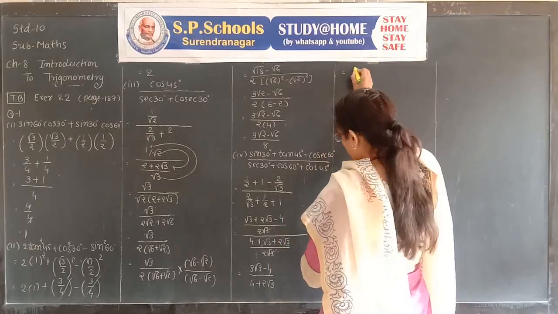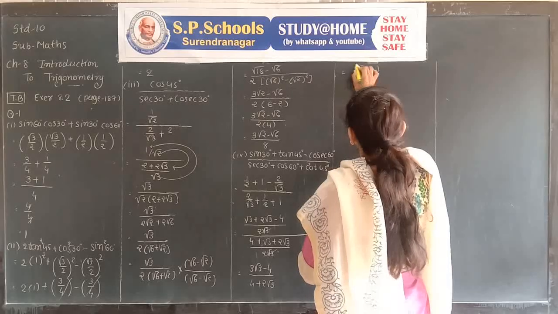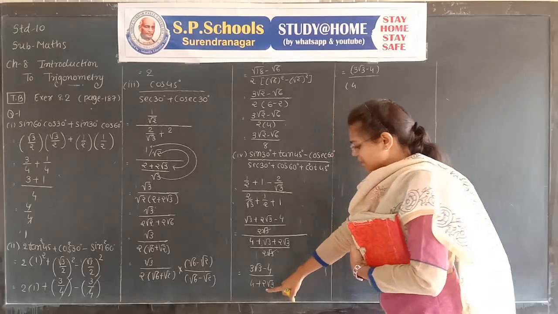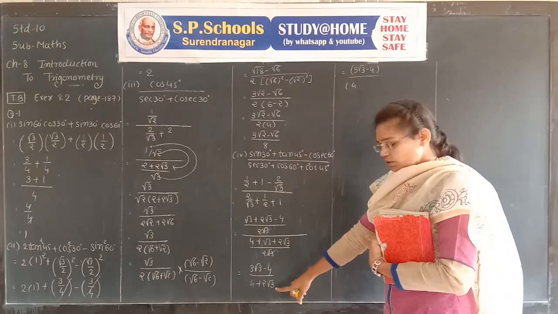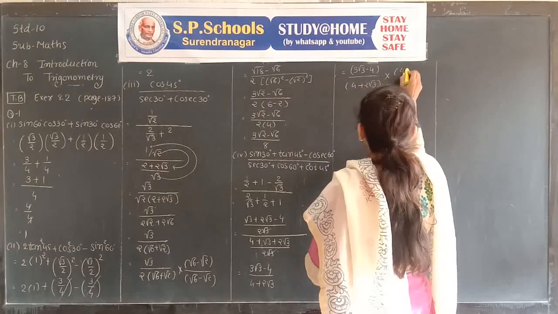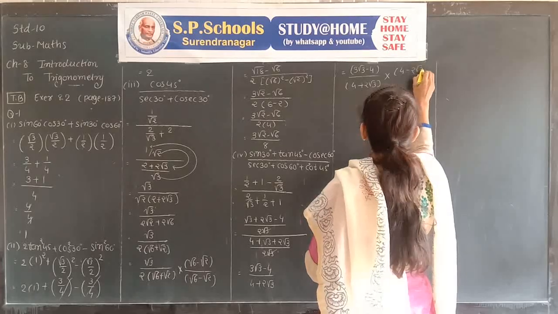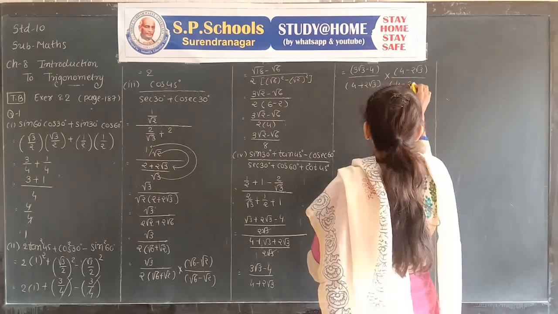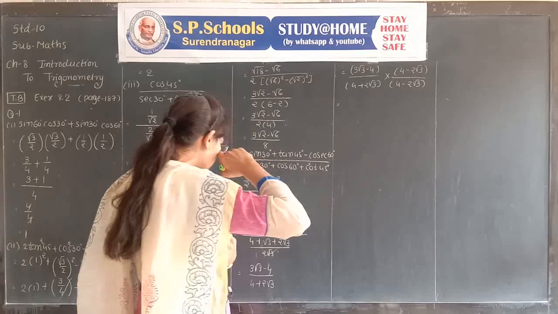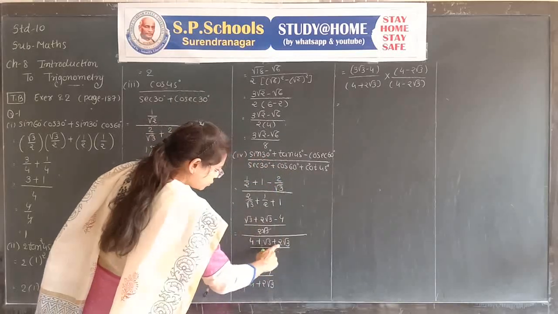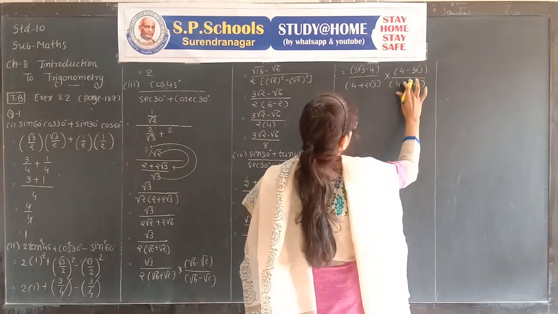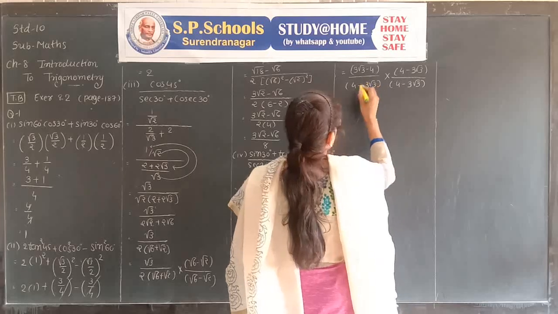It is equal to (3 root 3 minus 4) upon (4 plus 2 root 3). Square of 4 is 16, and square of 2 root 3, which is 4 3s, is 12. Multiply and divide by 4 minus 2 root 3 upon 4 minus 2 root 3. Now we have to multiply root 3, 2 root 3 plus root 3, we get 3 root 3, not 2. 3. Okay, got it?